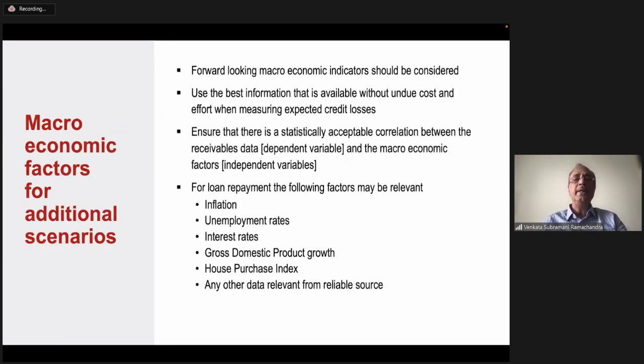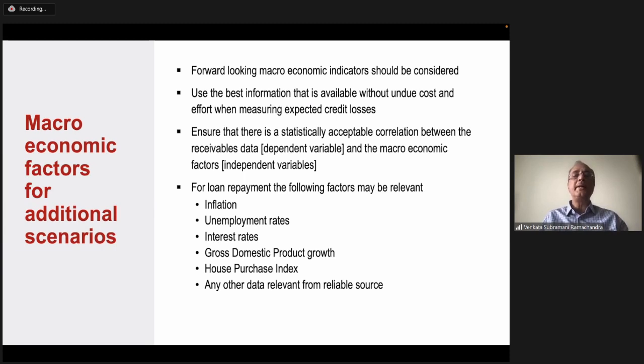Then you need to also make use of the forward-looking macroeconomic indicators. That's what I told you first. Now, these macroeconomic indicators, if you are a paid subscriber to, say, Bloomberg, or for that matter, the Economist Intelligence Unit, this EIU, which is an Economist publication, gives you about 300 macroeconomic factors,